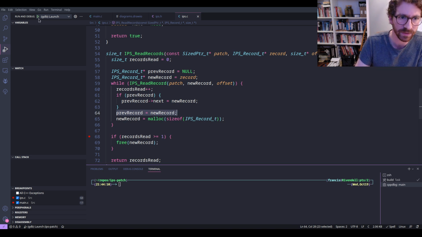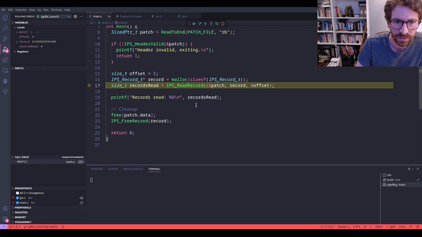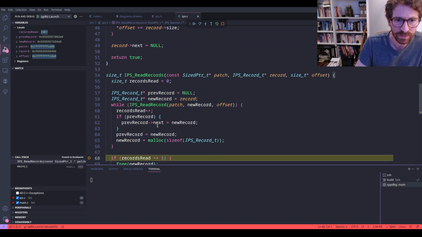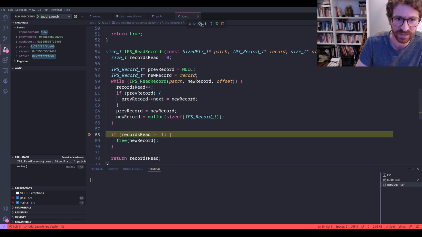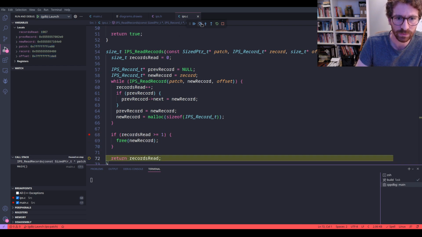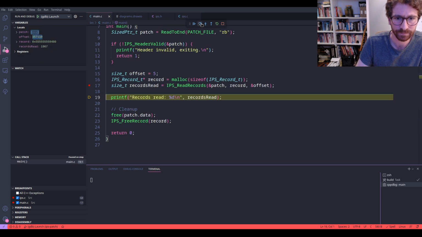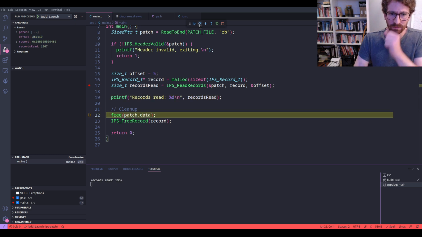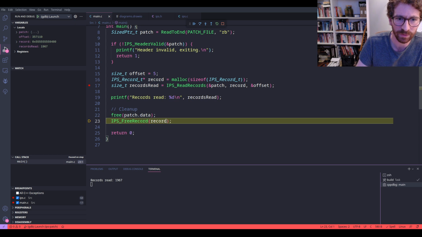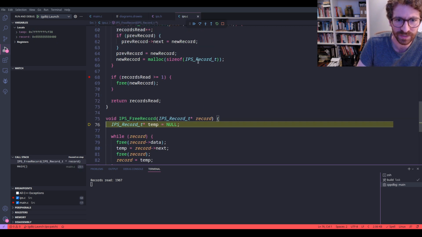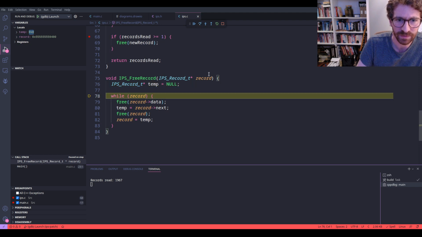Okay, so let's try again. Let's put another breakpoint down, or same breakpoint. Okay, so in this case we read 1967, so we can free the last record and return that. Now records read is 1967. We free the patch data, and now we're actually going to free this record. Now this is probably where things are going wrong, so let's take a look at what's happening here. We set temp to null while we have records. Now this is probably going to happen